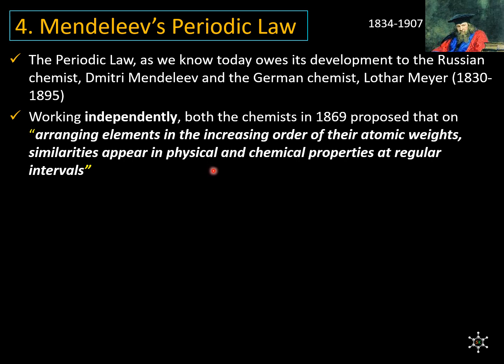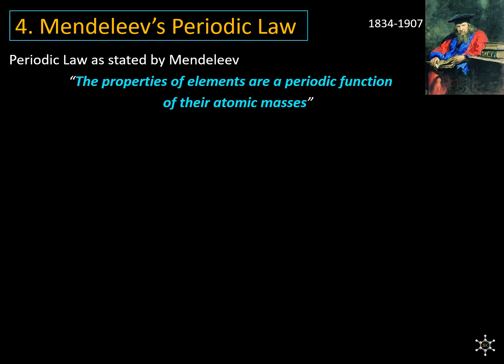Though both Mendeleev and Lothar Meyer came with the same idea, Mendeleev became more famous than Lothar Meyer because he was more systematic in his presentation. Mendeleev's periodic law states properties of elements are a periodic function of their atomic masses. Key points in Mendeleev's works are: